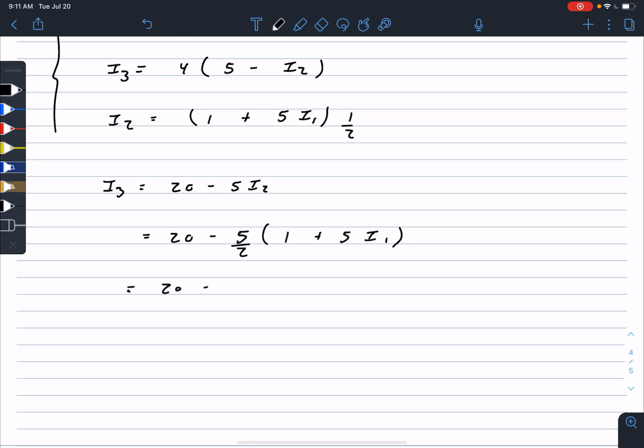That's going to equal 20 minus 5 halves plus 25 over 2 I1. Nope, I made a small mistake here. It's not 5, it's 4, because it's 4 times 5 and then minus 4I2. So this is actually 4 over 2. And then we actually end up with